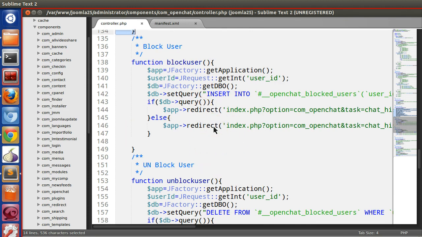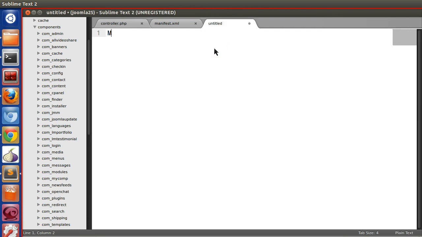This is not good, because in your company a few guys are programmers and a few guys are designers. Designers and programmers should work independently. So for that and many other reasons, we need one architecture, which is called the MVC architecture. So what does MVC stand for? It stands for model, view and controller.